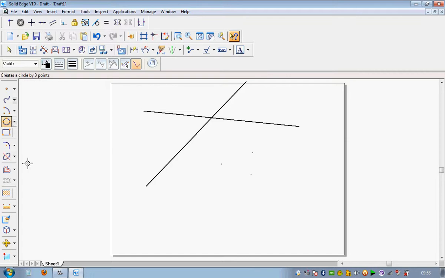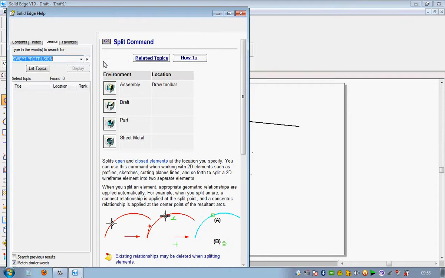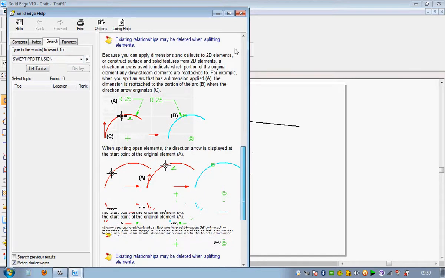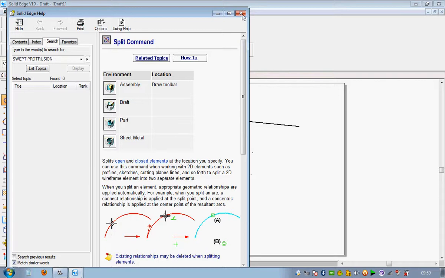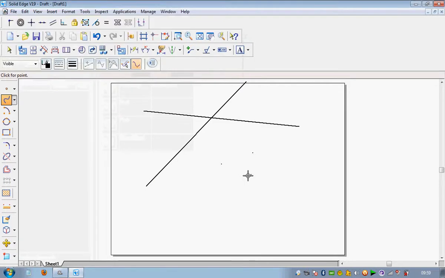Suppose I want to learn circle command, or I want to learn split command, then I will go to split and click, and automatically split command help will open, and it will guide you smoothly how to use split commands. And believe me, it is very good. You will get to know how to use that command.